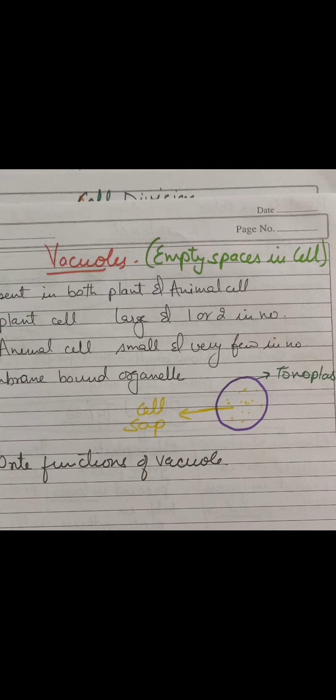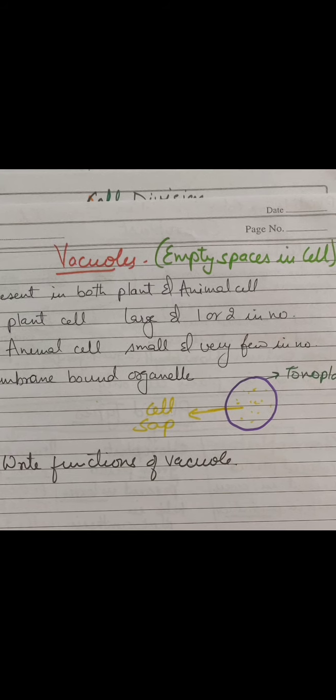The animals which are living in the water like amoeba, paramecium, the role of vacuole is very important because they live in the water. Therefore, the body gets a large amount of water within it. So excessive water which enters in their body is removed with the help of the vacuole which is present in their body. Clear? So their role is very important. In the plant, the vacuole plays a role of storage. So these are the few functions which a vacuole performs.